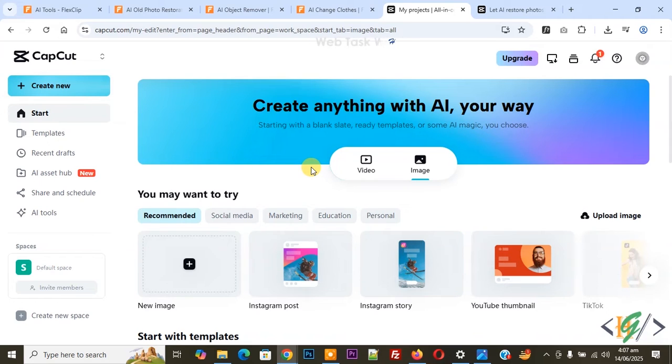Bismillahirrahmanirrahim. Assalamu alaikum. My name is Hassan and today we are going to generate or create an image using text by